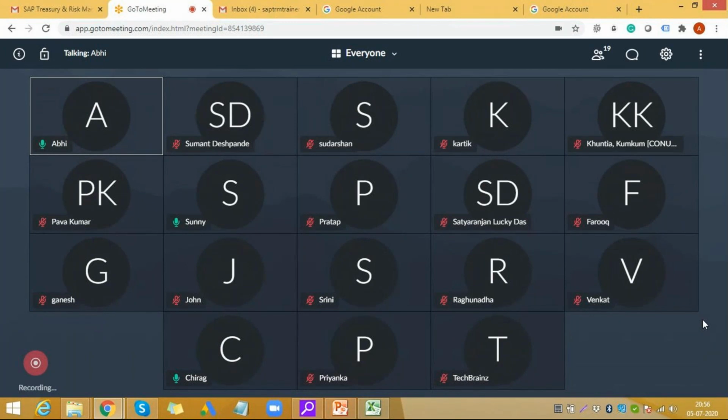You can also create it for your intercompany loan. When you create a loan, you can send a confirmation, you can send a document. You can create a document with the help of your ABAP team, something called a form, long form, short form, something you can create. As soon as you create the form and a deal is created, it goes to the counterparty's address, which is maintained in BP. From there it picks the address and sends an email, or you can do it through the interface also. So various ways, again depending on the kind of transaction, different correspondence activities are there.